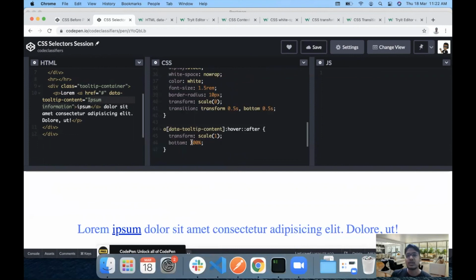Now this tutorial is originally inspired from Kevin Powell's three-part CSS series. I'm going to share the link in the description for that as well. If you get time, go through that series as well, because that is a much more information dense kind of thing. I just condensed all the learnings which I got from that three-part series into my session. I hope you like it. Please do check out the original three-part series if you want to learn more about this CSS before and after properties in detail. I will show it in the description.